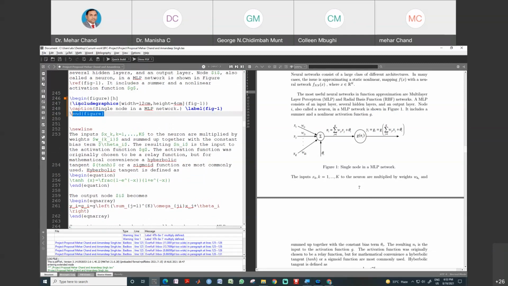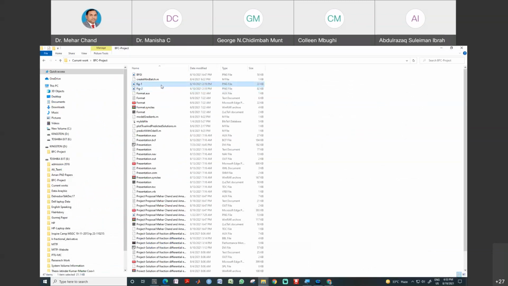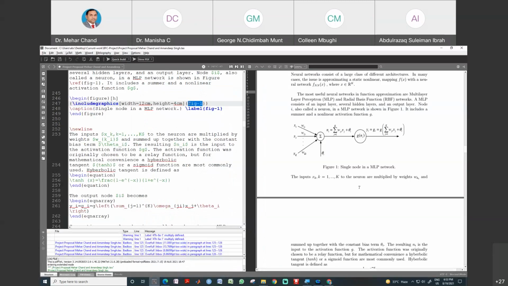Then we include the figure. You can see this function used to include the figure, and this is the file name of the figure, FIG1, the first figure. You can see in my current folder this is the name of the figure, and this name is used to insert it. The part I highlighted is the name of the figure which I insert here.